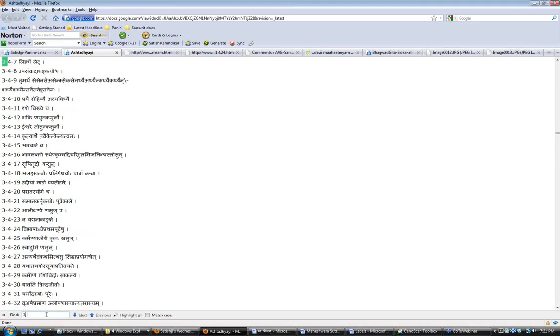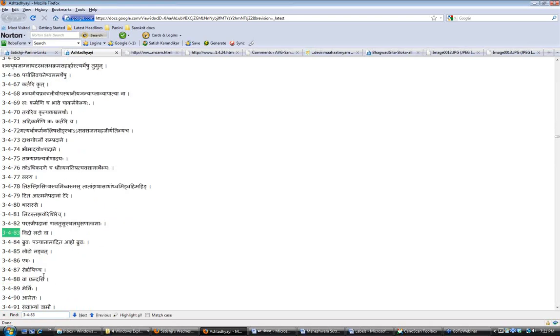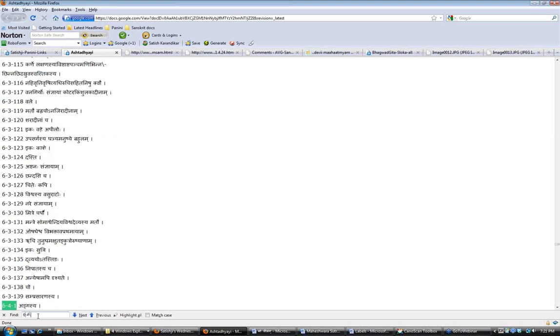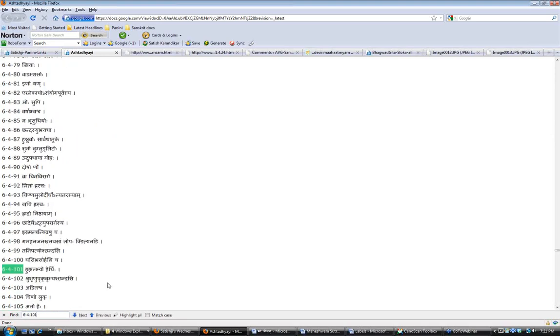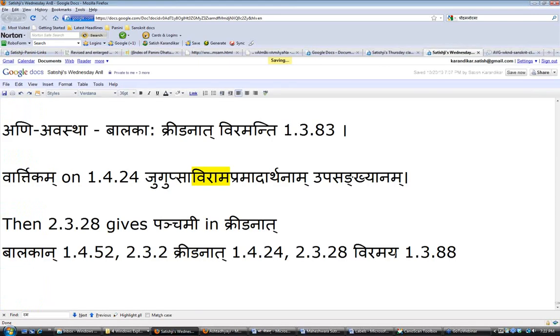So serya picha, and then after that we have to go to the angasya. So let me go back to that sutram. 3.4.87, serya picha, and then we go to 6.4, I think it's around 101. Ato he he, 105. Ato he he. So if the anga ends in short akara, then the he takes lopaha. So 3.4.87, 6.4.105. So you have to practice these forms so they stick in your head. So serya picha ato he he.